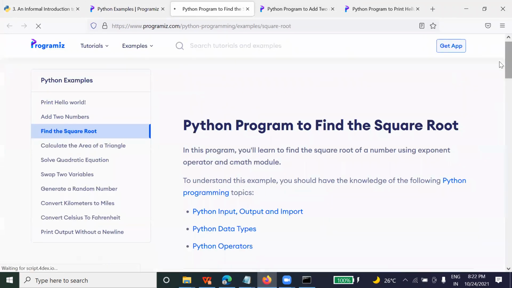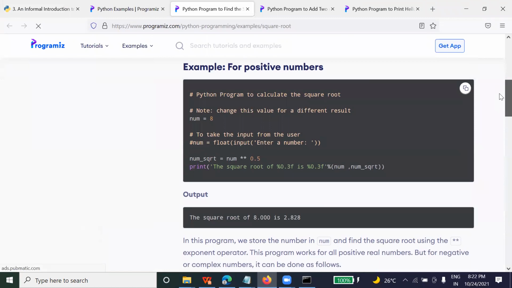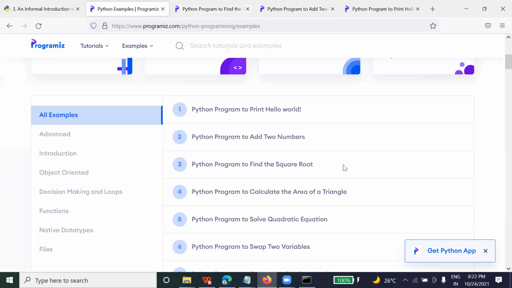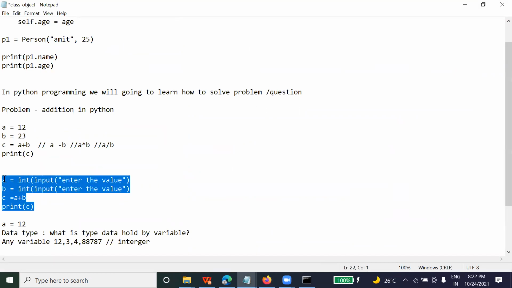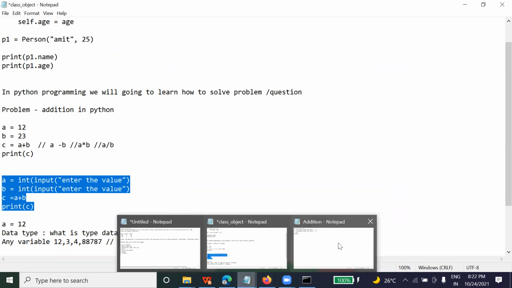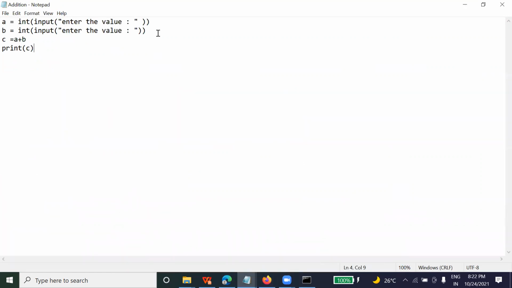Do multiplication? Yes, square root, how will you find it? So let's run the same program. I'm creating one more file. I'm making some changes here. Once I save it, it creates a new file.